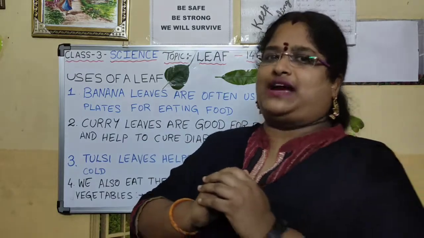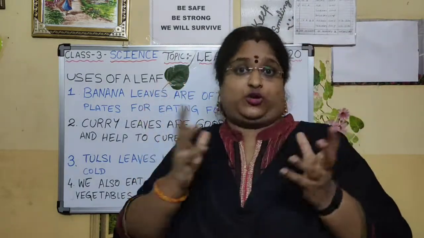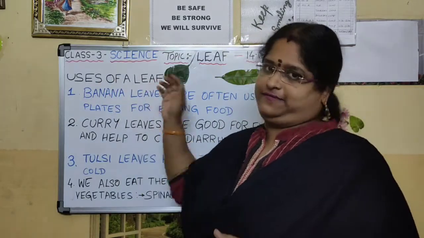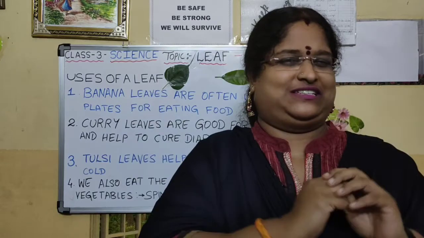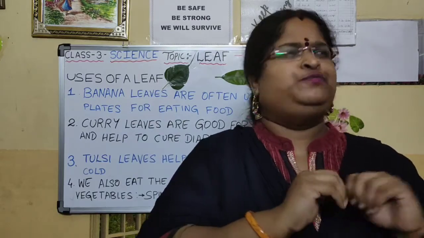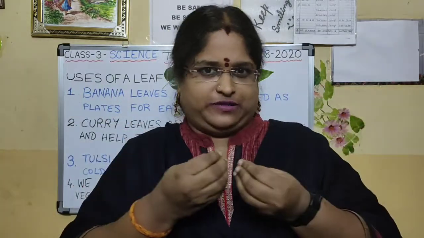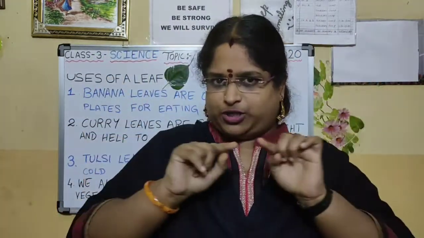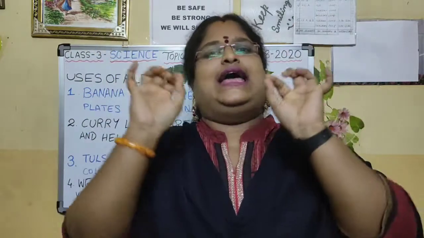I hope you all have understood about the different shapes, texture of leaf, also uses of leaf. Regarding this chapter, I would like to give one activity, children. Even you will enjoy that activity. You need not go outside. It is not safe for you. In your garden itself, you can find different kinds of leaves, isn't it? Take one A4 sheet, collect different kinds of leaves. Let it be 4 to 5 leaves and stick them and label the leaf.